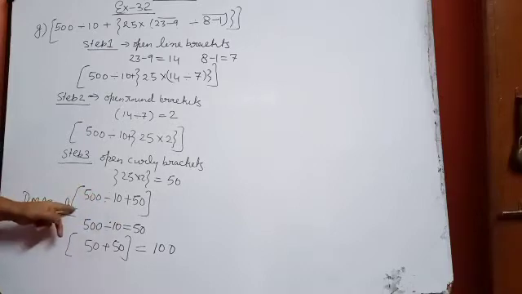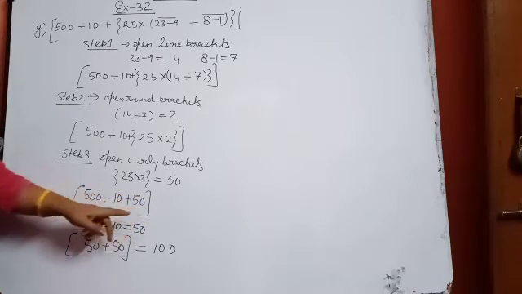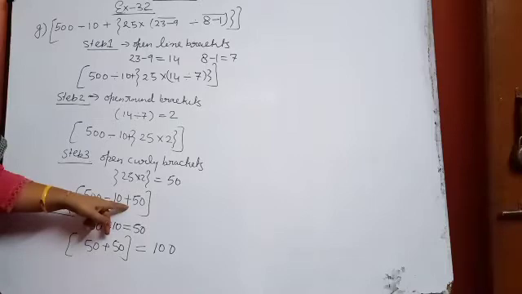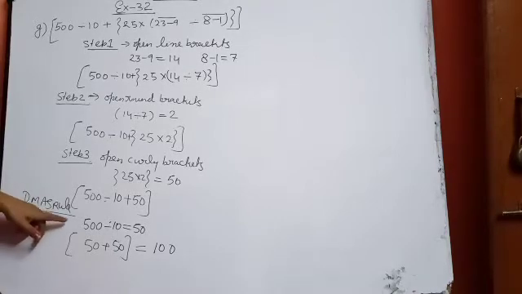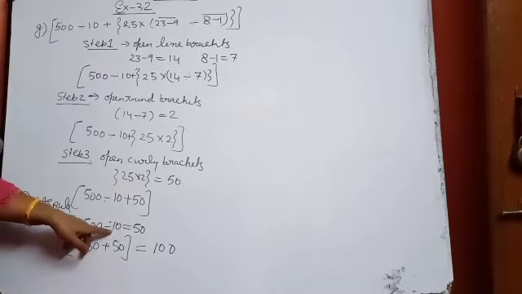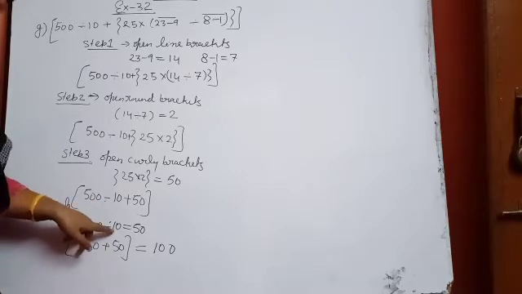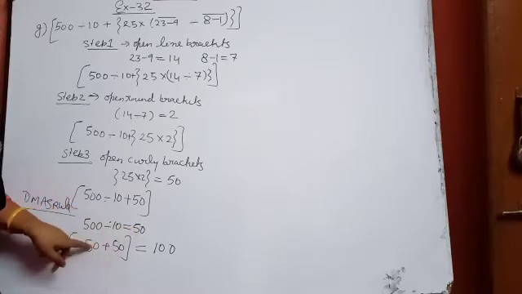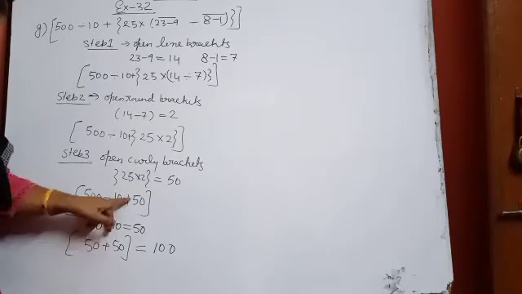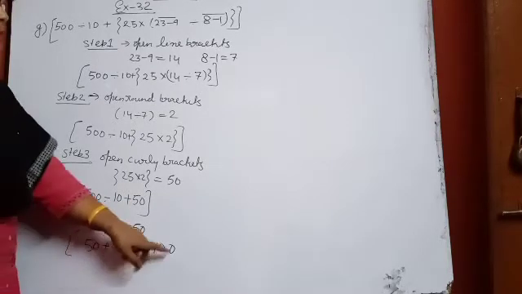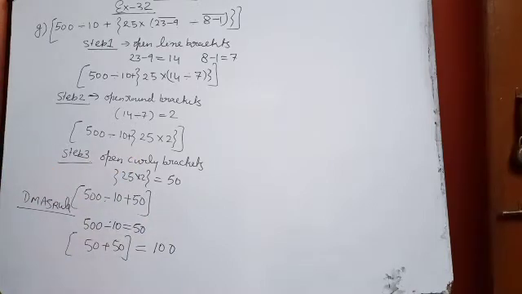But you can see that inside this big square bracket, two signs are together. So to follow the order, we have to follow the BODMAS rule. And according to the BODMAS rule, what should we do? First we will do divide. 500 divided by 10 comes 50. So in place of these two, what can I write? 50 and then this plus and then 50. 50 plus 50 is 100. So 100 will be your answer.